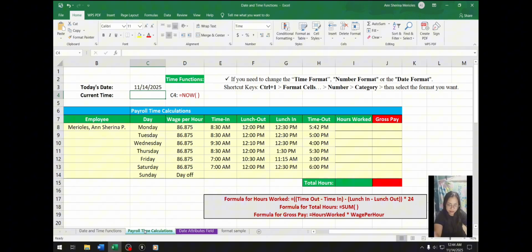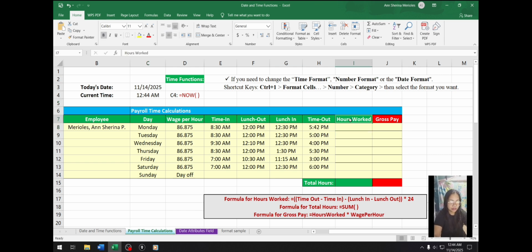Microsoft Excel can also give you the current time based on your computer's regional settings by using time functions. The Now function returns the current date and time based on your computer settings. It has no arguments. We can use time functions together with basic mathematical operations. For instance, you might need to keep track of how many hours an employee works each week and calculate their payroll and overtime.